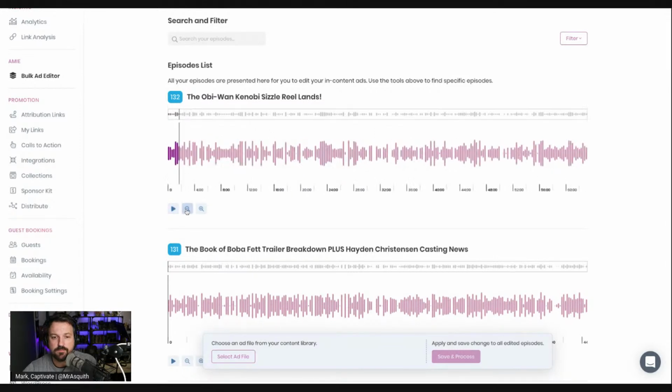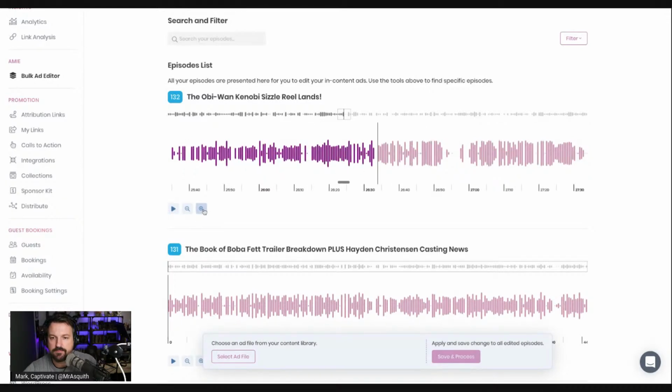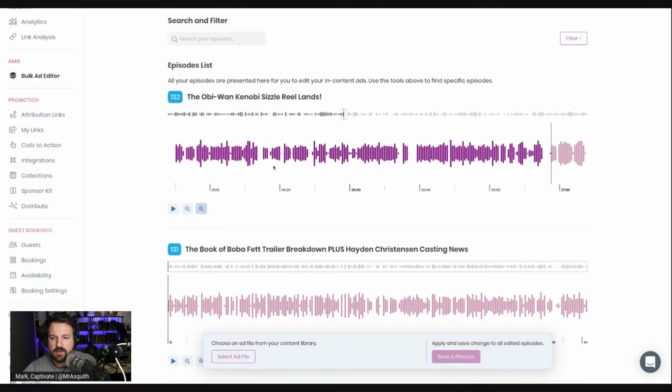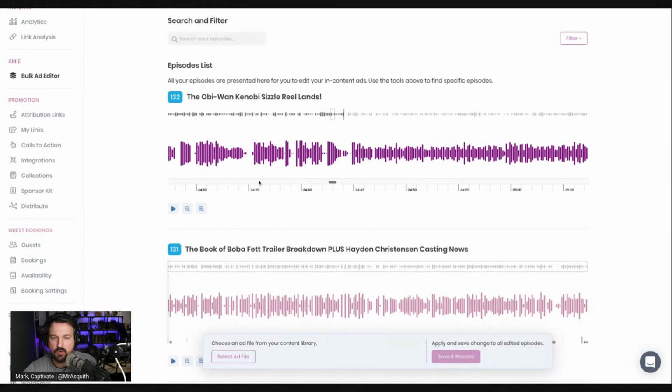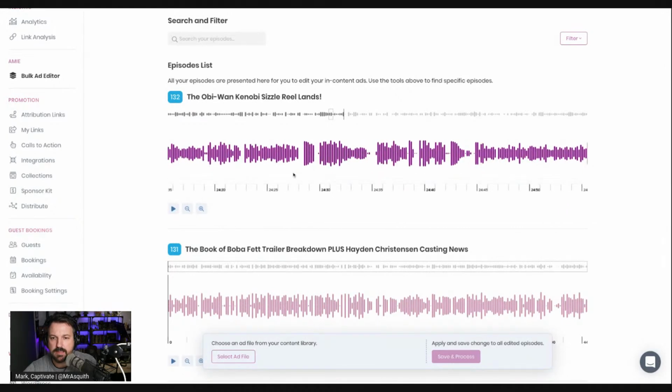Ahead. Anyway, so I don't want to do that again. What I'm going to do is, where I want to place this, it's about 24 minutes, 28 seconds. All right. So I'm going to zoom in. About 24 minutes, 28, which is, I can go as deep in as I want on this one. And this now respects milliseconds. And you see this gap in the audio there, that's where I want to put this. See that little gap there? That's exactly where I want to put this. That took some finding. But that's where I want to put it, all right?